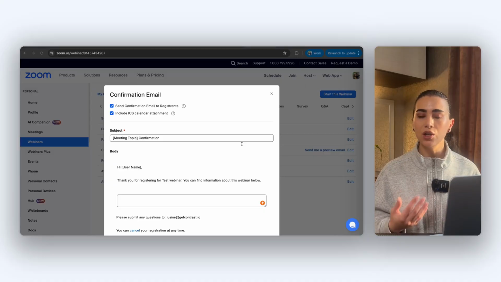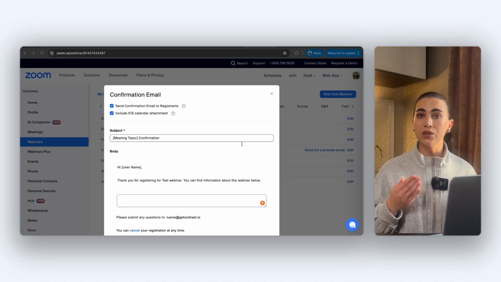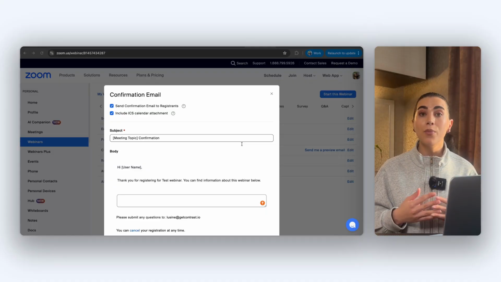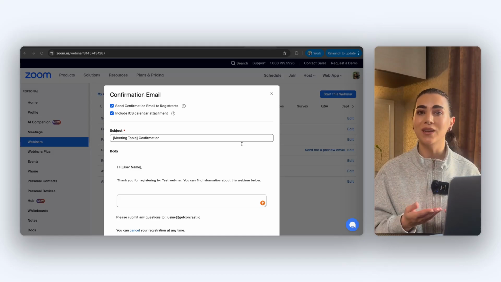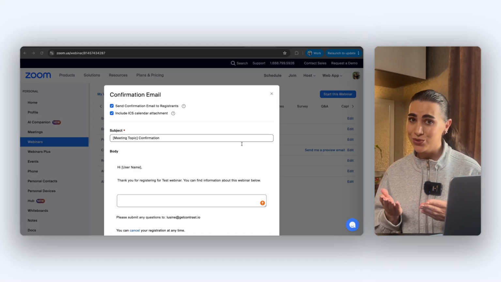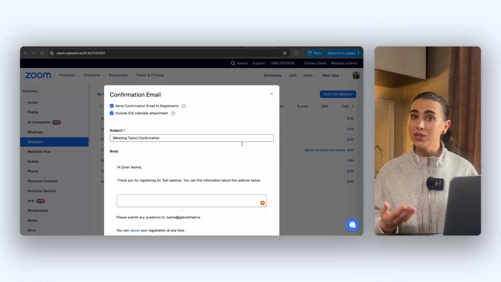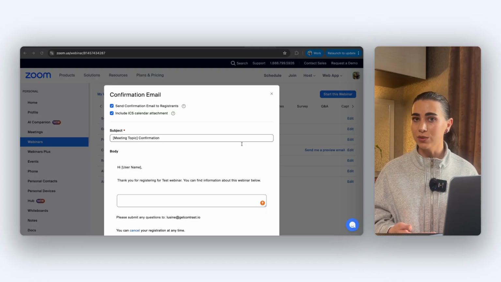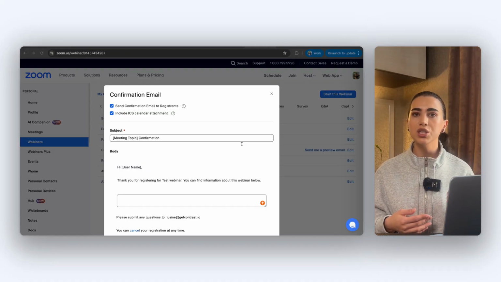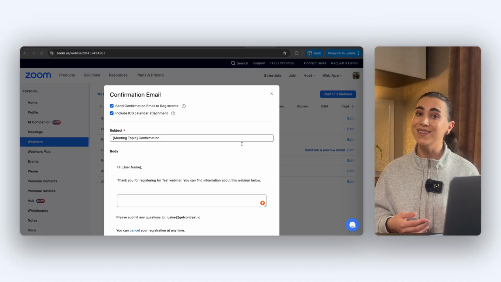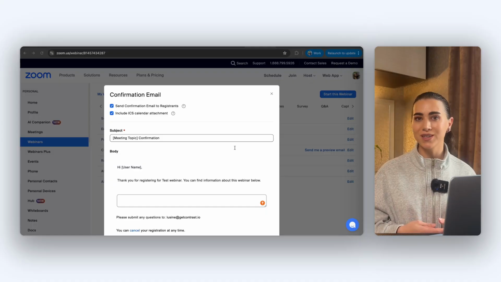This, of course, creates lots of extra work for us because we need to create everything manually inside HubSpot, and we need to do this for each webinar. But if you want your registrants to actually know that it's you and your company that are hosting these webinars and not Zoom, then you either have to switch to a better webinar platform that provides better customization and is more flexible, or you have to create everything manually inside HubSpot. You will need a landing page, form, lots of workflows, and emails. We do have separate videos covering each of them,